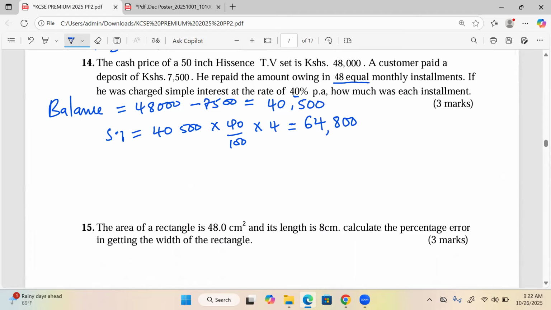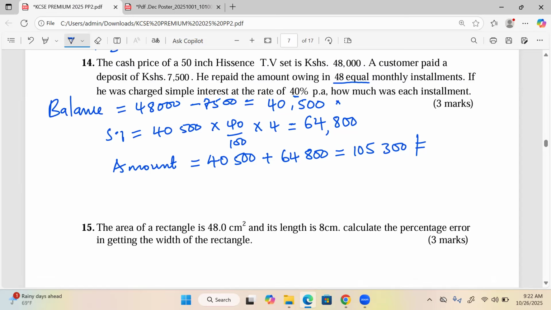within the 4 years, 64,800. So what will it have become? The amount. What will this particular customer be paying? The balance it was and the interest it has ended up earning. So this shall be 105,300. So at the end of the day, this particular customer will pay